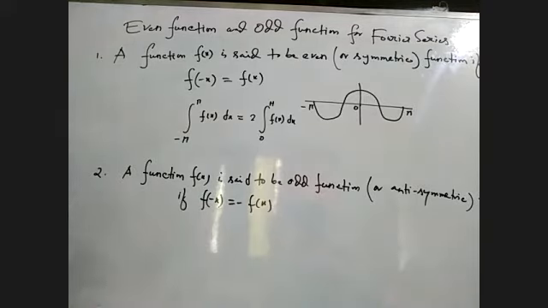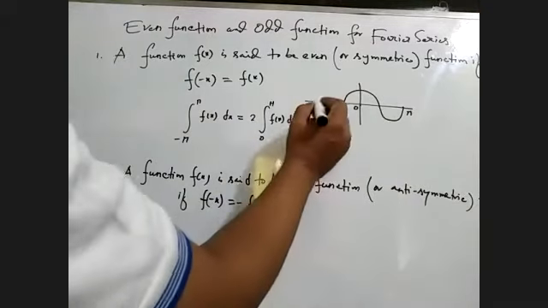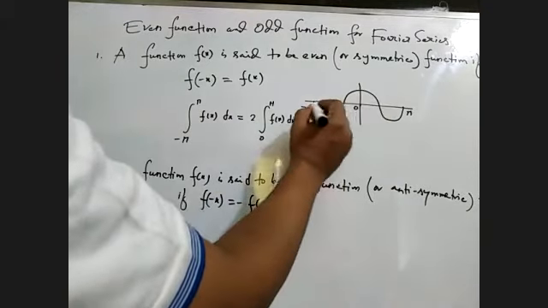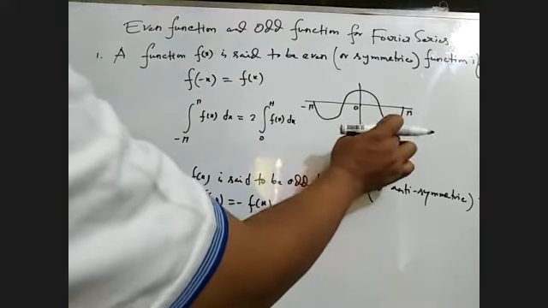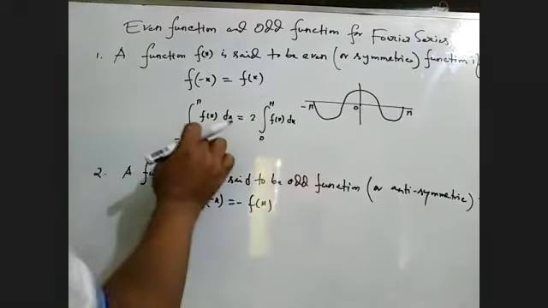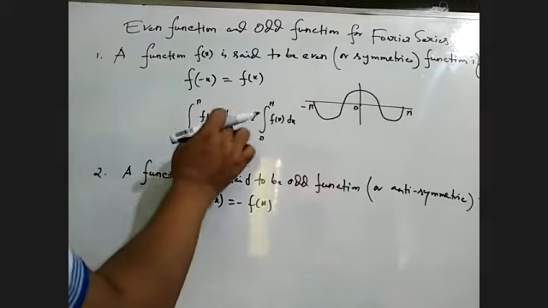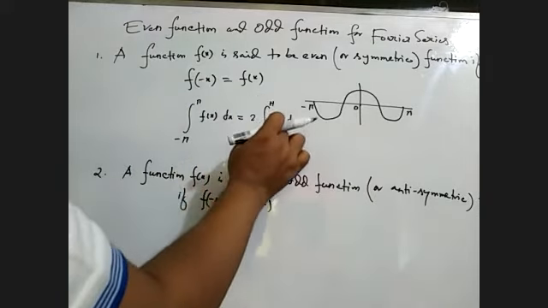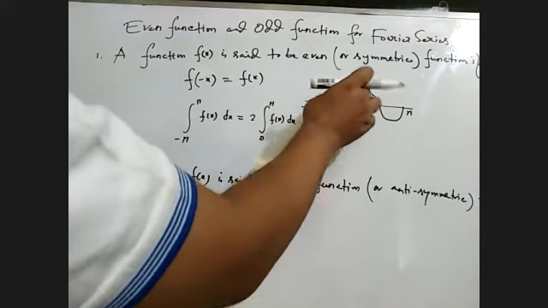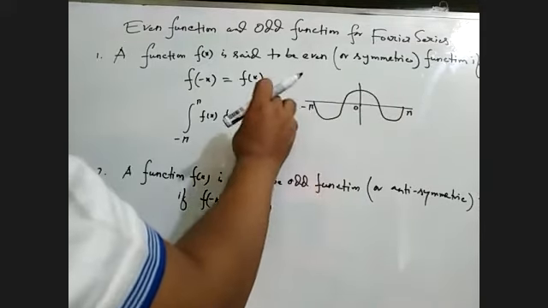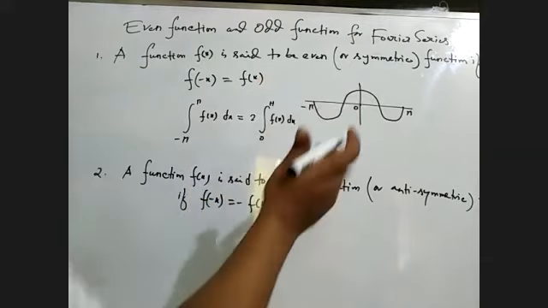So in that case, actually we get an image. Suppose minus pi to 0 and 0 to pi, the same image, from this side this will be the image, from this side this will be the image. This is why the integral from minus pi to plus pi of f of x gives 2 times the integral from 0 to pi of f of x dx. That means 2 times the area. This is the area for this part, so if we multiply this area by 2, we get the total area.